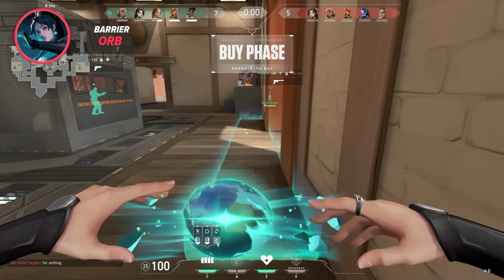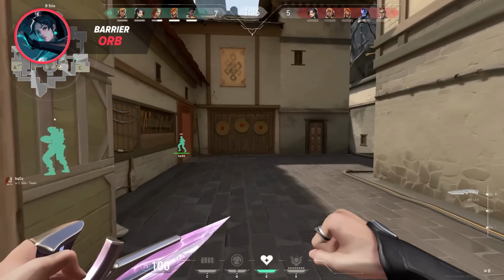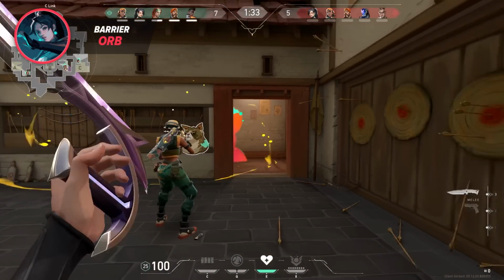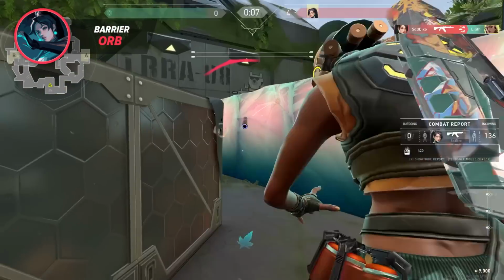Think of Haven B site, for example. Walling off mid at the start of a round is a fairly standard practice, as it allows you to freely rotate off and help either A, Garage, or C. Of course, people can updraft, TP, or blast pack over, but since there's a wall, it's also hard to judge